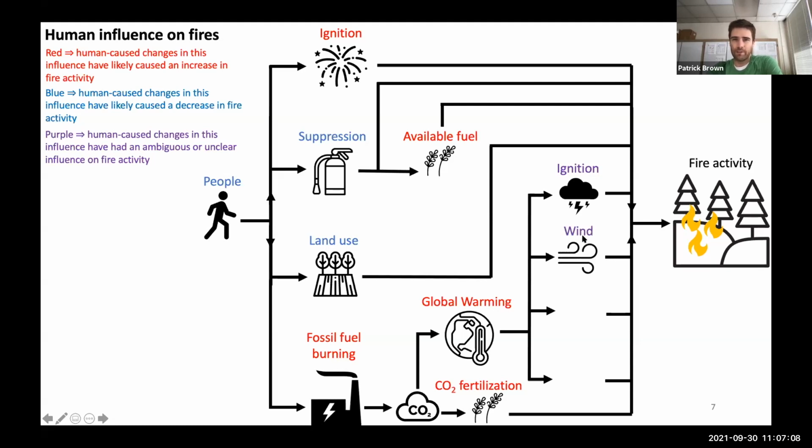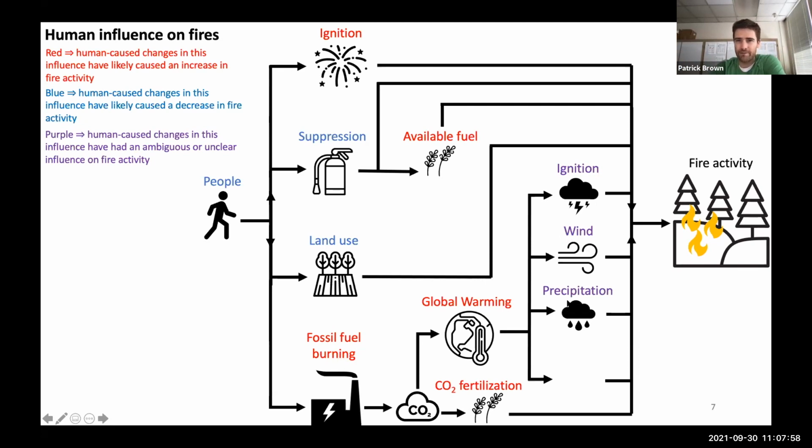Wind, I also have as purple. So wind affects fires because fires need oxygen, right? We think about that when we're trying to start a campfire, that you can blow on the fire and it grows. So fires need oxygen. It's the same thing as the respiration equation. The combustion equation, which is the fire equation, is basically the same thing as what we're doing with respiration. You're using hydrocarbons as your fuel and oxygen, and you're releasing H2O and CO2. So wind also increases fire activity by pushing fires, moving them, so they can grow and be much bigger, more severe under windy conditions.